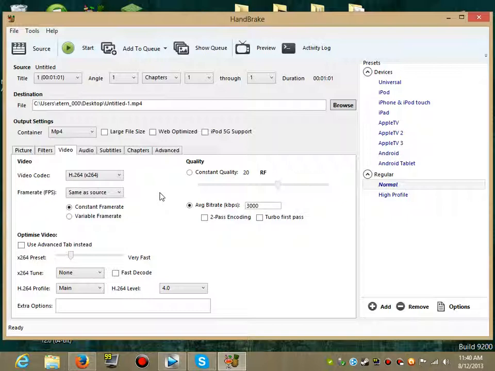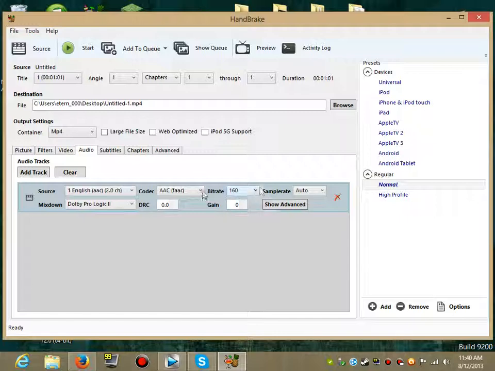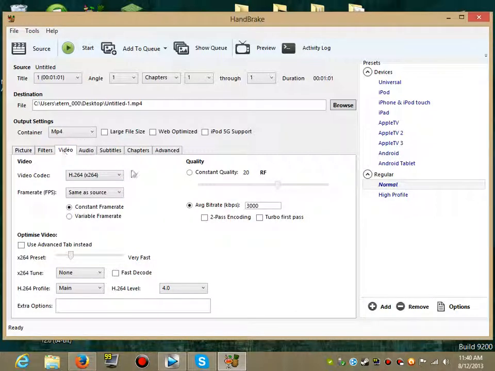Alright, then you can see, you can go through Handbrake and change stuff that you want. However, I don't recommend changing anything else, just keep it how it is. You can change the audio if you want to. I wouldn't, but now that you're ready, go up to the top and click start and wait for it to